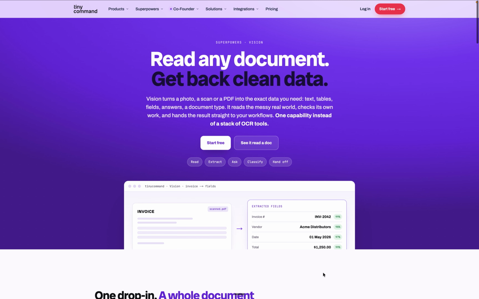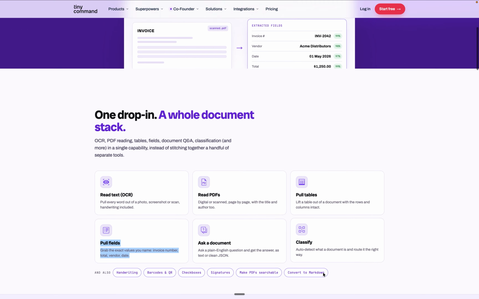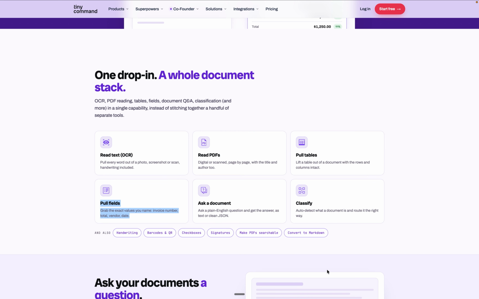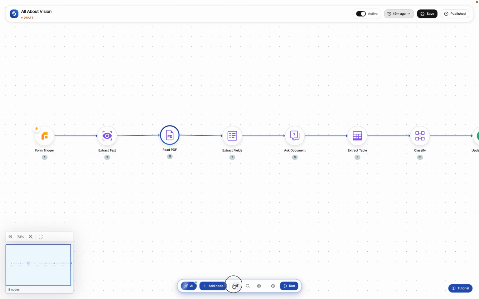In this video, we're going to explore the vision feature inside TinyCommand. A lot of important information today exists inside images, scanned documents, handwritten notes, invoices, receipts, and PDFs. But reading those documents manually and extracting the information you need takes time. Vision uses AI to understand documents and turn them into structured information that you can use inside your workflows, forms,